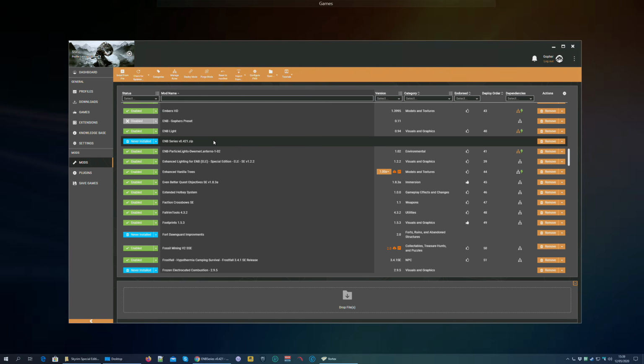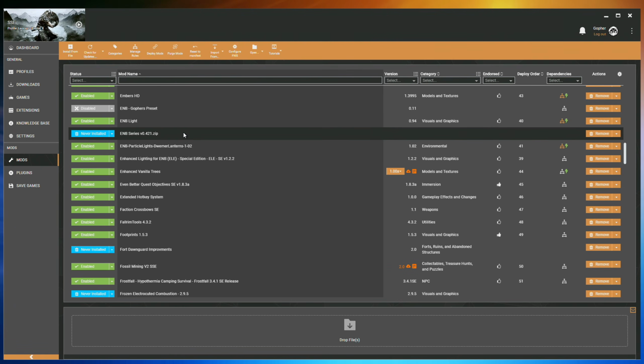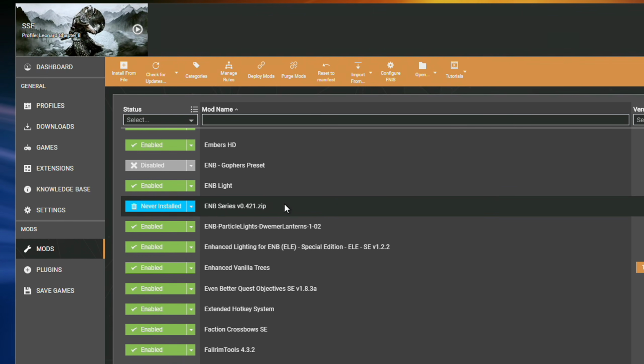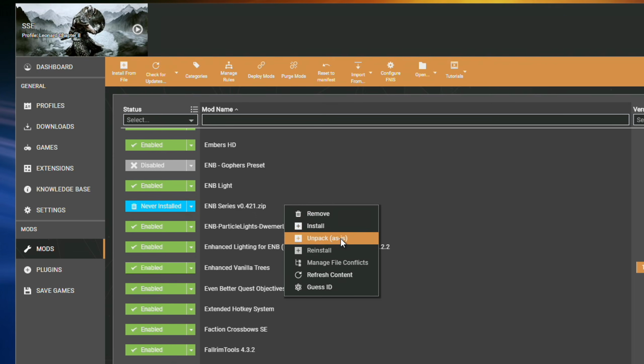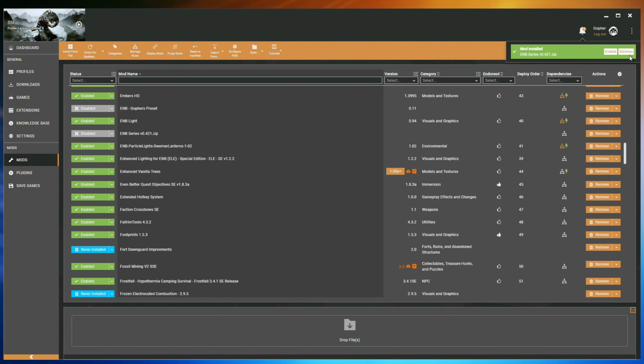Now do not install this the normal way. If you've used Vortex to install the script extender as I showed in the last video, this will seem very familiar. Right click and unpack as is. Once it's done, do not enable the mod yet. Don't panic if it does enable itself automatically, just